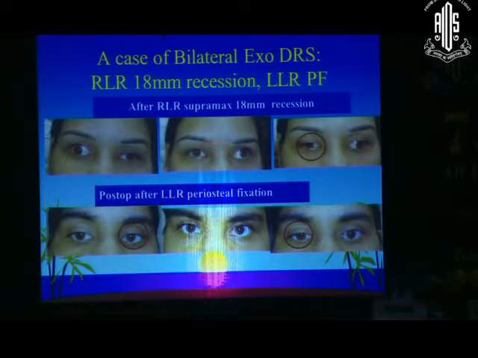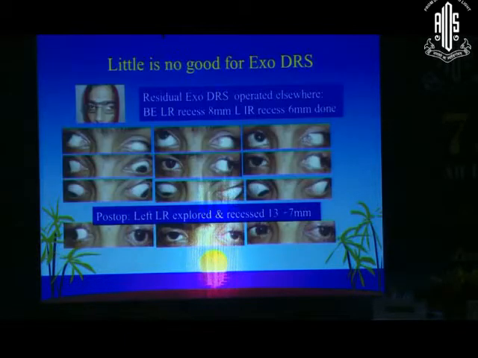Now see what has happened in the right eye. The abduction is there a little bit, but on attempted adduction there is still a limitation, and there is a retraction. Compare this. Can you all see? In spite of the surgery, there is a retraction still there. On the other side, when we did the periosteal fixation, the pre-op retraction has improved, and this eye is much better now. So you need to do a periosteal fixation whenever there is severe co-contraction and marked exotropia. If the exotropia is less, then probably you can do a supramaximal recession and get away with it.